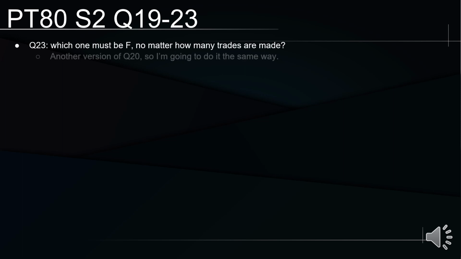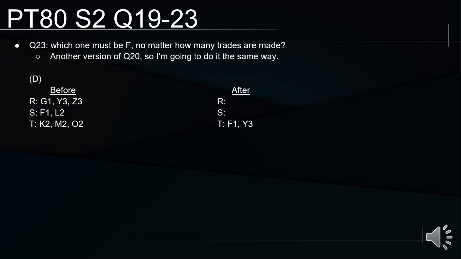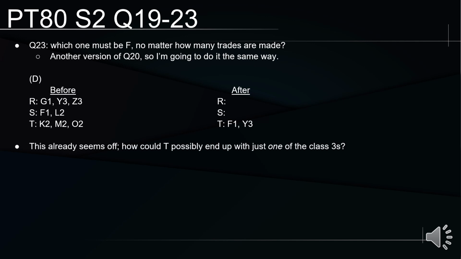So moving at a pretty steady clip here, repeating the same process for D. D suggests that T ends up, after all is said and done, with F and a single Y. This already seems really, really off. How could T possibly end up with just one of the class 3s? Just because class 3 is sort of the least valuable class, there's nobody who's going to take one class 3 unless they have a class 3 themselves. So I just don't, on its face, see a way for this to work. But because I don't really know the intimate mechanics of the situation, I'm not 100% sure, but this already seems